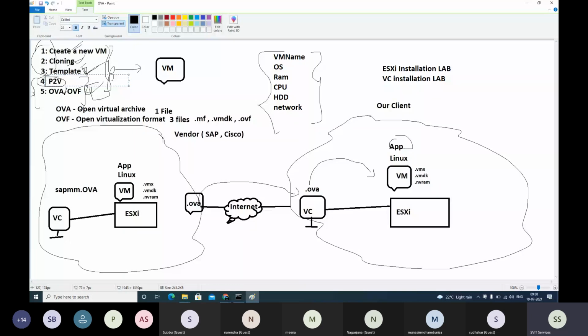Let's say the physical server is in Bangalore and your vCenter is in Hyderabad. If you convert from Bangalore to Hyderabad, network speed also matters. Even if it has only 10 GB, copying over a very slow internet connection will take time. If it is in the Bangalore data center itself, it will be over in 30 minutes maximum. We will consider all this during physical to virtual, and we will discuss all those things.